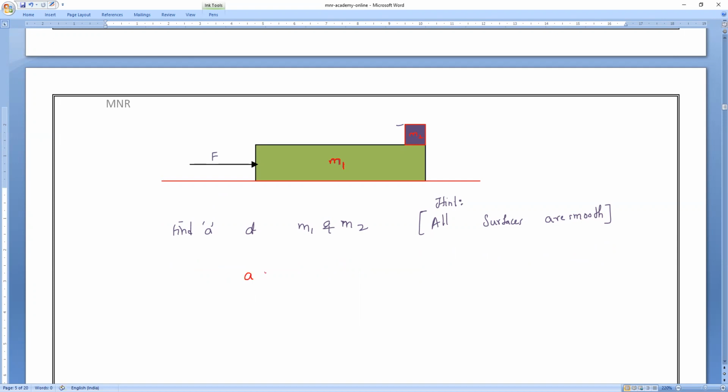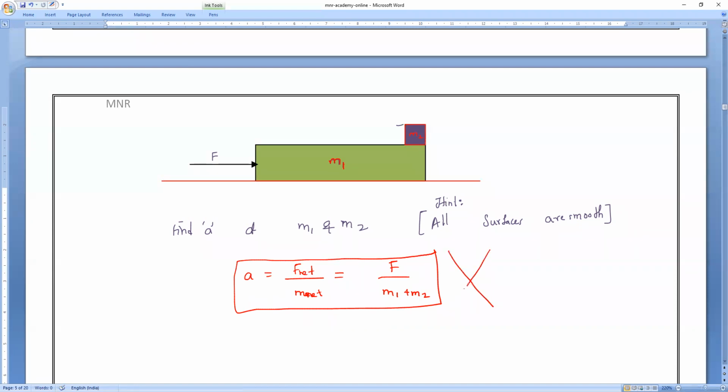Acceleration a is equal to F net divided by M net, which is equal to F divided by M1 plus M2. Is it right? That is my question. Is it the acceleration? Yes, sir. If you have done this, wonderful, but 100% this is wrong in this case. Why? If you notice, what is the hint they have given? Smooth. Surfaces are smooth. What is the meaning of this? There is no friction between the surfaces. Am I right or wrong? If there is no friction, what will happen, Pradosh? If I push, I'm applying force on which object? I'm applying force